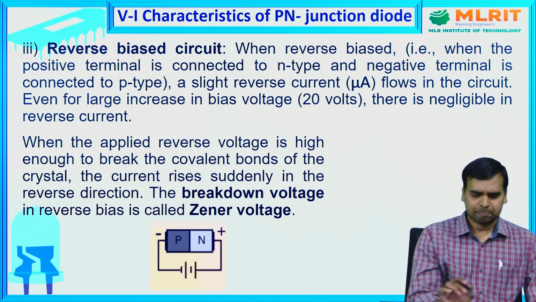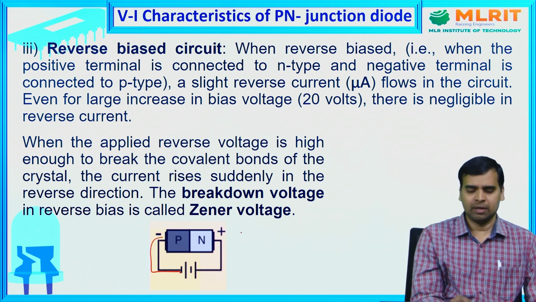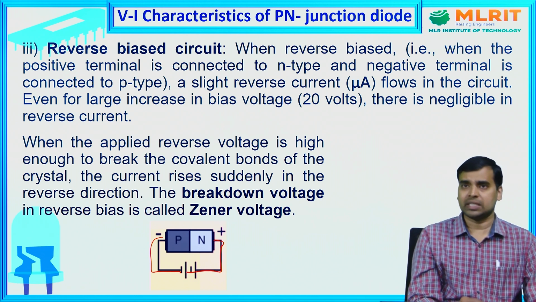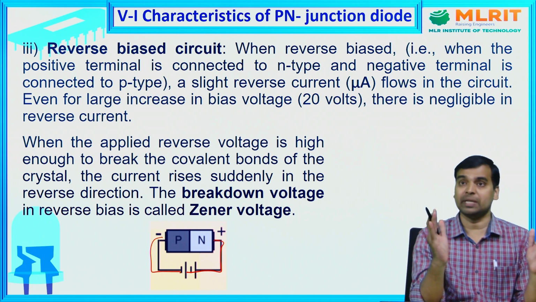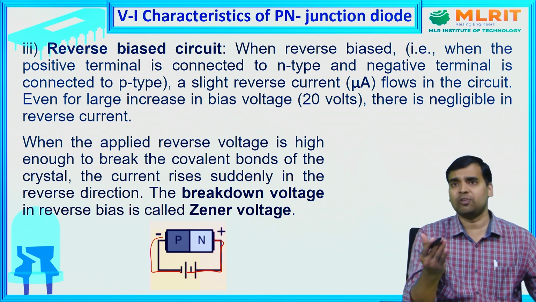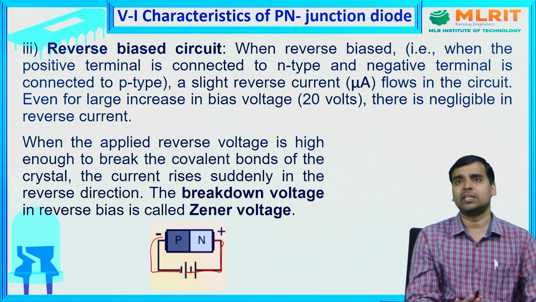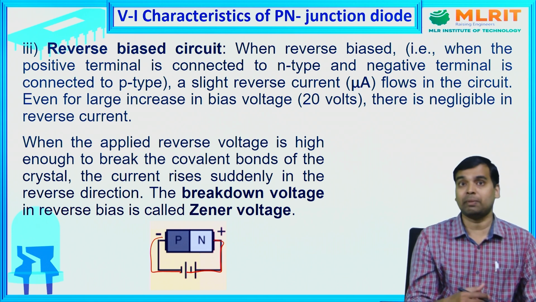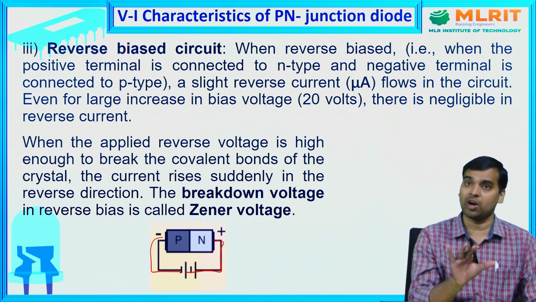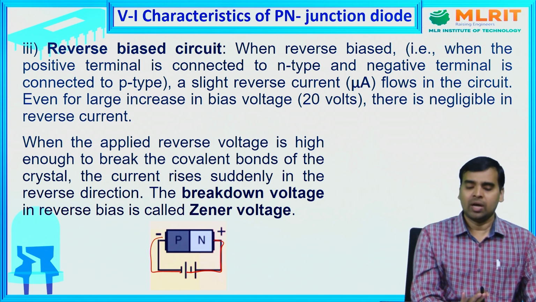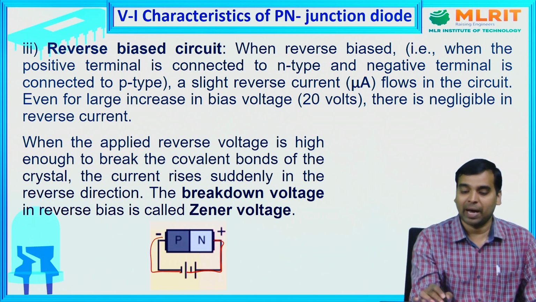reverse bias means P type is connected to the negative terminal, N type is connected to the positive terminal. As I explained, when a PN junction is connected in reverse bias, the depletion region width increases. If the depletion width increases, the barrier potential also increases. If the barrier potential increases, there is no chance of flow of majority charge carriers. So in reverse bias condition there is no current flow from majority carriers, but due to minority charge carriers, as I explained, reverse bias behaves like a forward bias, so there exists a very small current flow. In reverse bias, that is measured in microamperes.